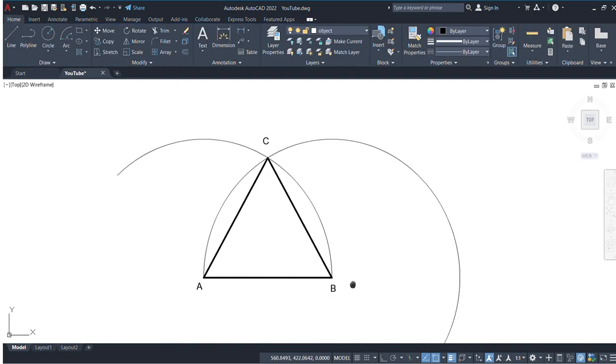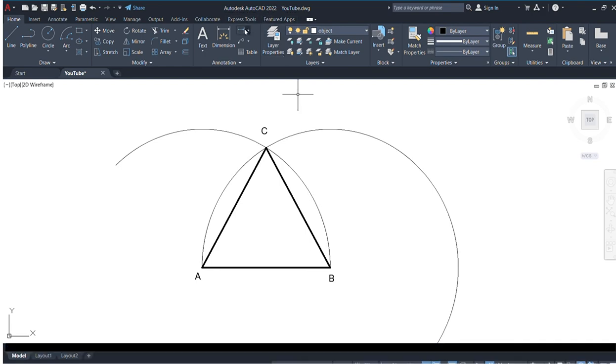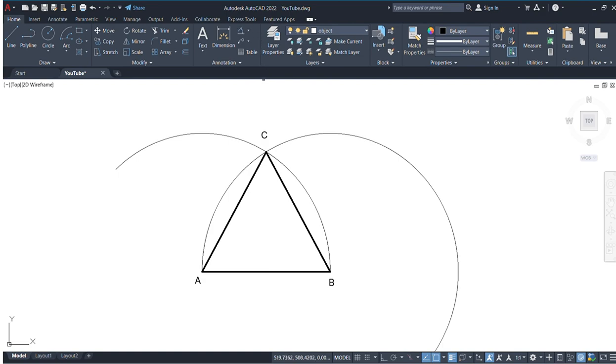So with that, triangle ABC is the required triangle, which is an equilateral triangle. So we can even measure the angle and see. So the angle is